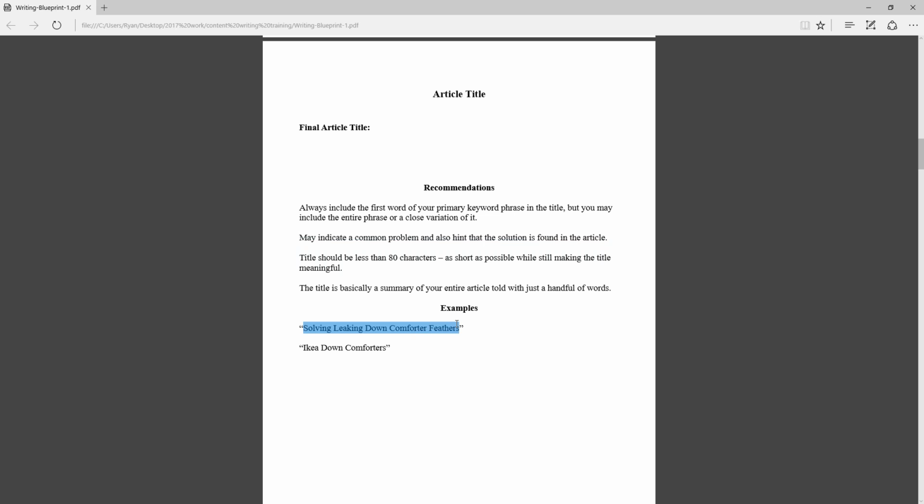Referencing this particular title, that is what I'm referring to here. I'm not only mentioning what the problem is, leaking down comforter feathers, but I'm also hinting that the solution might be found in this article. I'm saying solving leaking down comforter feathers.